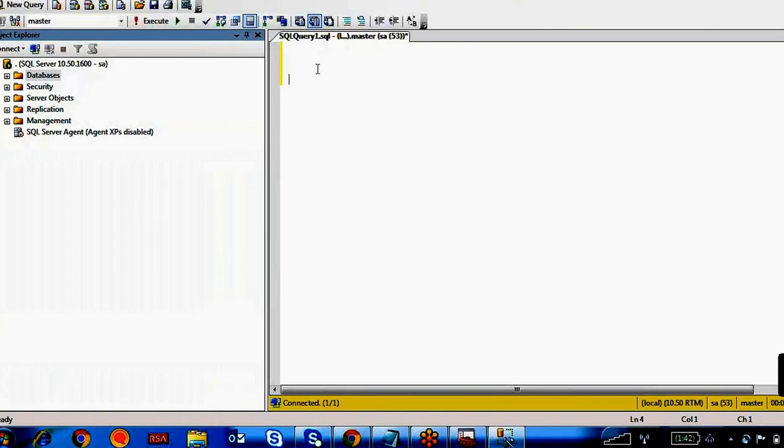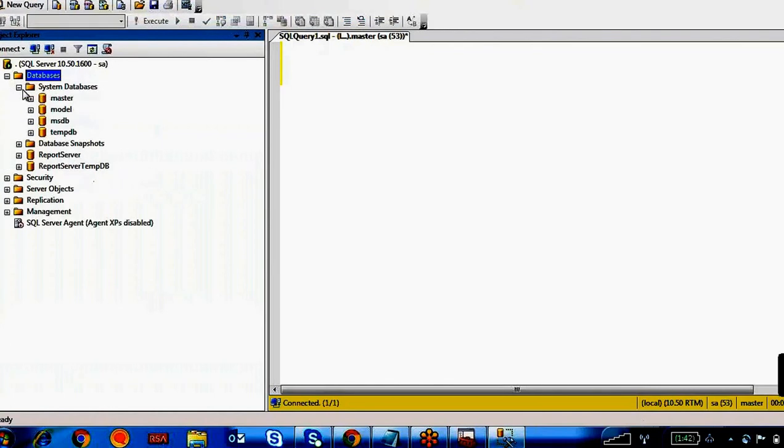How to create a new database, and why do you have to create one? If you don't create a database, where can you create the tables? You shouldn't create any tables on system databases, because they hold system information. So don't use these databases. I'm going to create one user defined database, my own database.